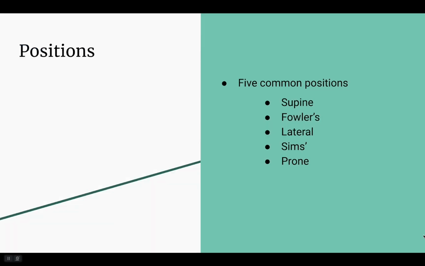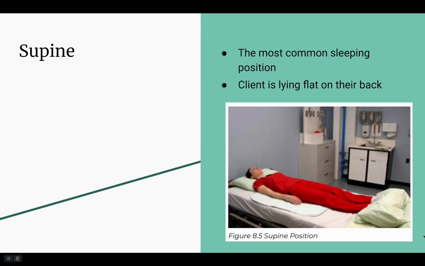Common positions used for repositioning patients are supine, Fowler's, lateral, Sims, and prone positions. In this slideshow, we'll focus on supine and Fowler's positions. The most common sleeping position is the supine position, where the client is lying flat on their back as demonstrated